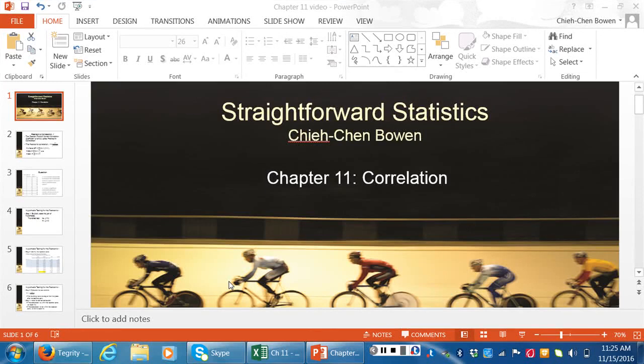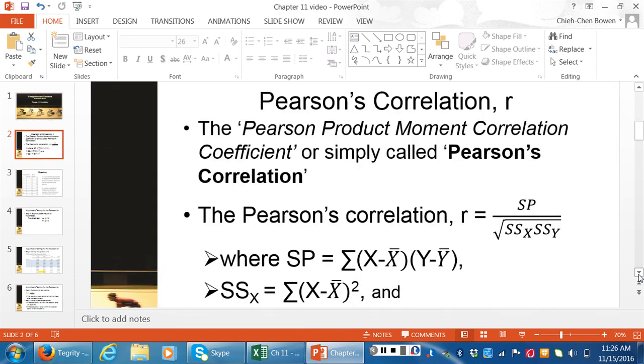Today I'm going to show you how to use Excel to solve a correlation problem. Before we start doing Excel, let's review what you learned in correlation. Pearson's correlation is actually called Pearson's product moment correlation coefficient, and a lot of time we simply call it Pearson's